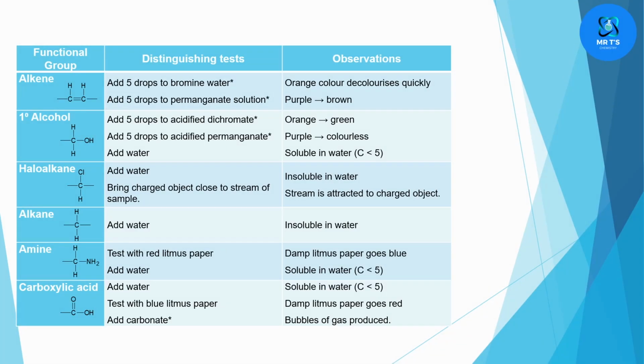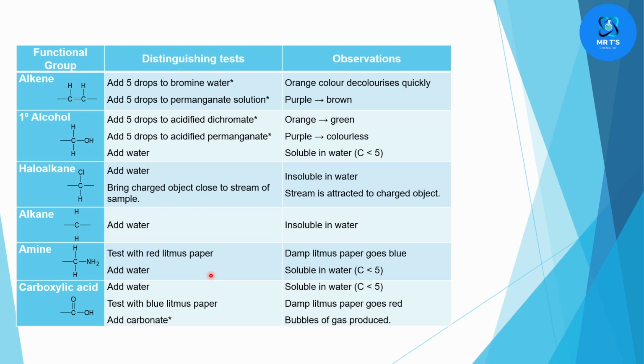Often we're going to be given a scenario where we will have unknown samples of organic substances. Now all of these organic substances that we're going to be given are going to be liquids at room temperature, and they're going to be colorless. So we can't identify whether they are alkenes, alcohols, haloalkanes, alkanes, amines, or carboxylic acids. However, there is a series of tests that we can do to identify what type of functional group they do have. So the tests we're going to look at in the next couple of slides are adding bromine water, adding